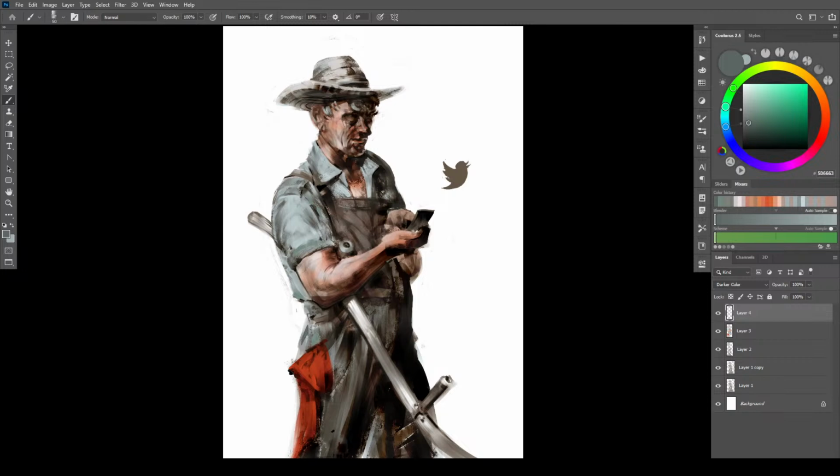I don't know if any of these are worth blocking in here, but there are a few areas where the color kind of goes back and forth, or rather the value goes back and forth. And we just brought in all these little shapes and stuff.